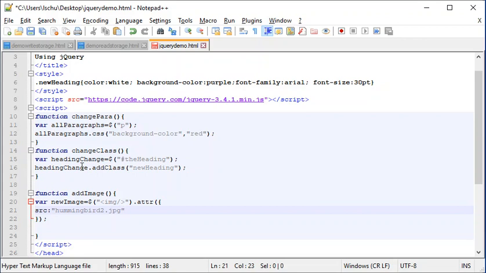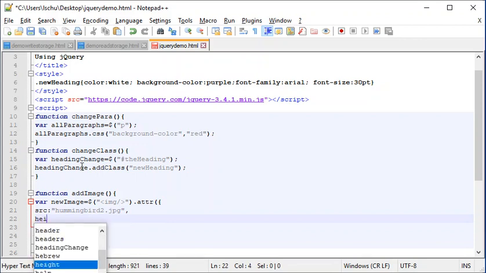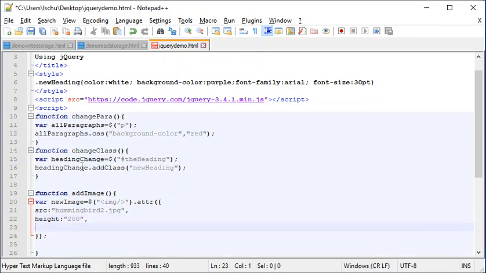And then these attributes need to be separated by a comma. But I'm going to put them on a different line just for readability, and that's how you'll see it a lot of time. So I'm going to set the height attribute at 200, comma. I'm going to set the width attribute, double quotes, at 400, comma, and then finally I'm going to set the alt attribute, which adds the